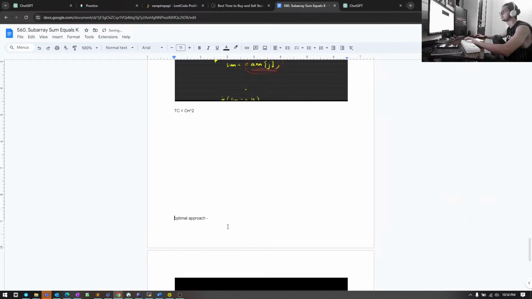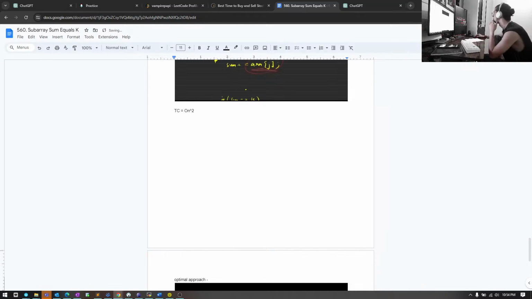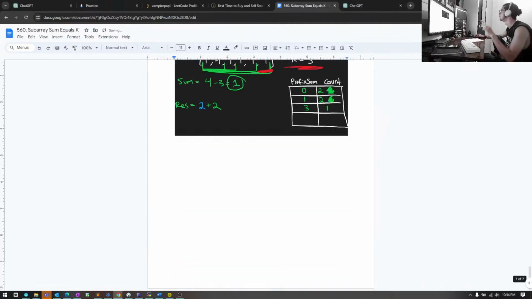So obviously it's a linear time solution as well as linear memory because we're using this hash map. But that being said, now we can jump into the code, and the code is pretty easy once you can figure this out. So we are going to have a result variable, which initially is going to be 0. We're also going to maintain